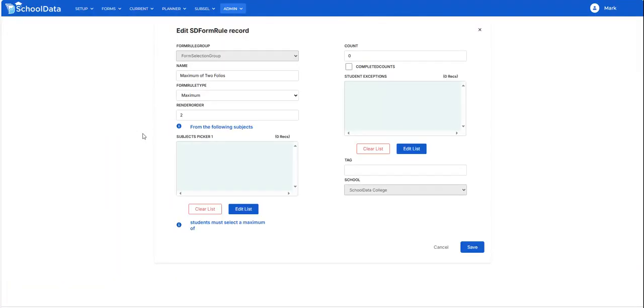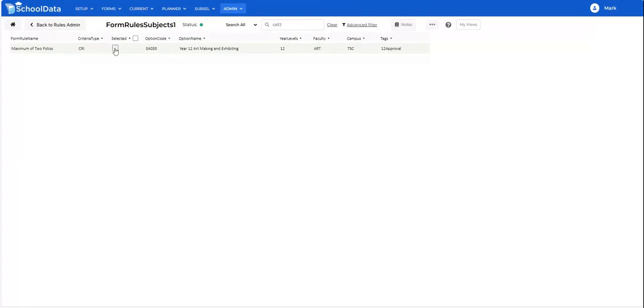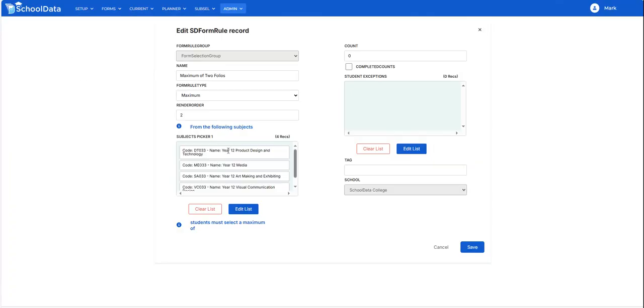We'll go back into the rule and we'll say from the following subjects. So we might have Year 12 art making and exhibiting, Year 12 Viscom, perhaps Year 12 design and tech, and maybe Year 12 media. All right, we'll tick those 4 subjects and we'll say from the following subjects here, students must select a maximum of 2. And no, I don't think completed counts for this one because this rule tends to be used